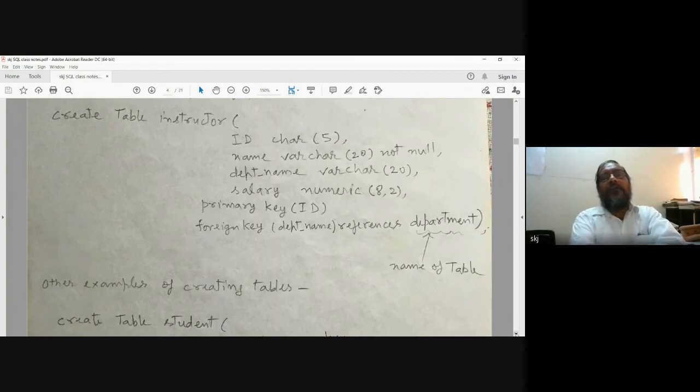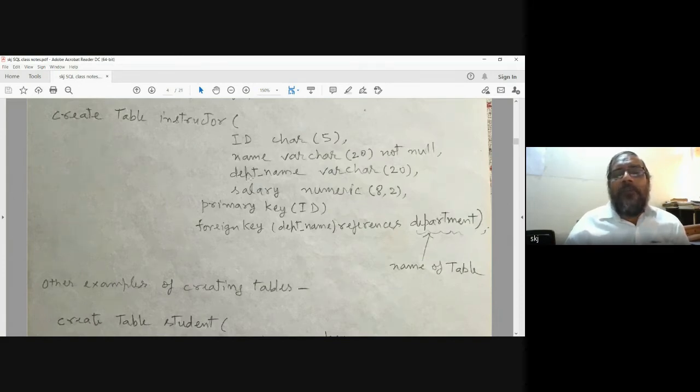Create table instructor, ID character type 5, name variable character 20, not null. Then department name and salary. And here primary key ID. I have defined this ID attribute as the primary key. And one more attribute I am defining as a foreign key here.